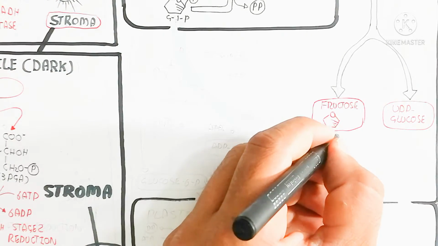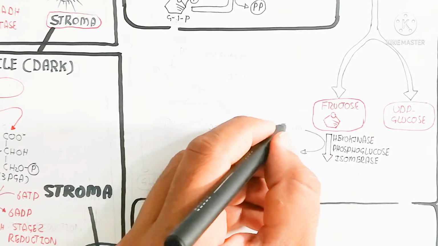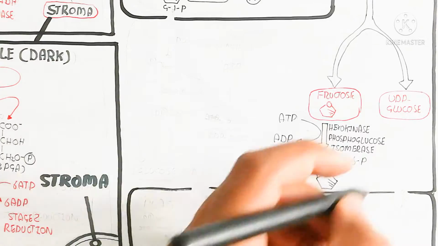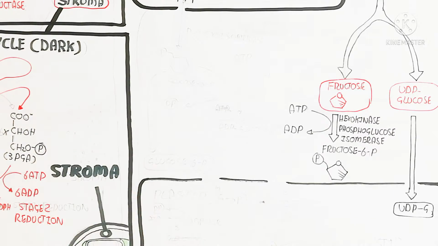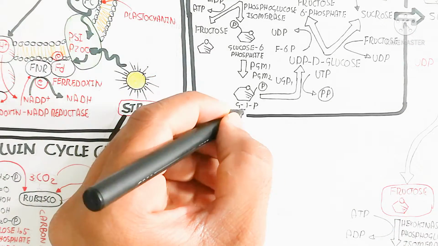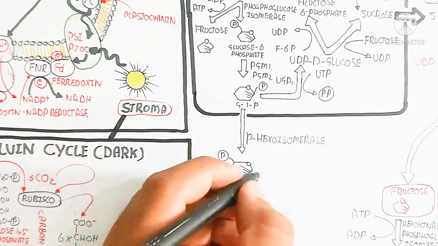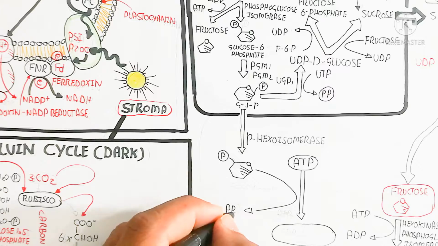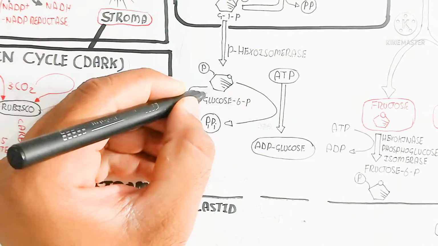Here you can see this fructose will be present, and hexokinase and phosphoglucose isomerase enzymes are used to produce fructose 6 phosphate, and this fructose 6 phosphate requires ATP, and in this way the ATP comes from the light reaction, and here is the fructose 6 phosphate which will be produced, and here is the UDP glucose, a uridine diphosphate glucose containing molecule, which will enter into the plastid, that is the plastid amyloplast, and here the glucose 1 phosphate is also converted through a phosphohexose isomerase enzyme by isomerization to glucose 6 phosphate again,